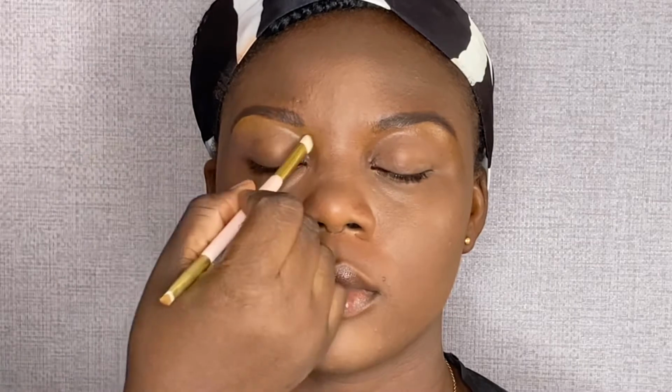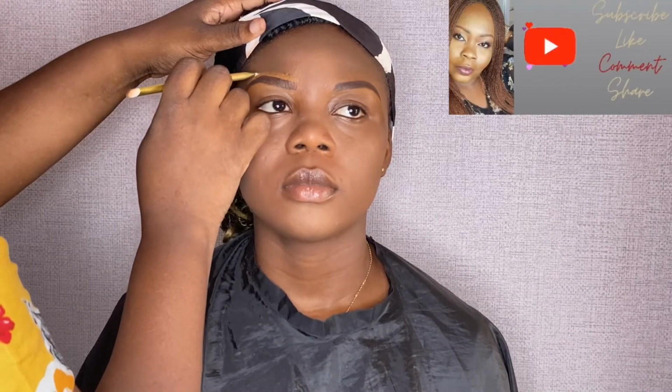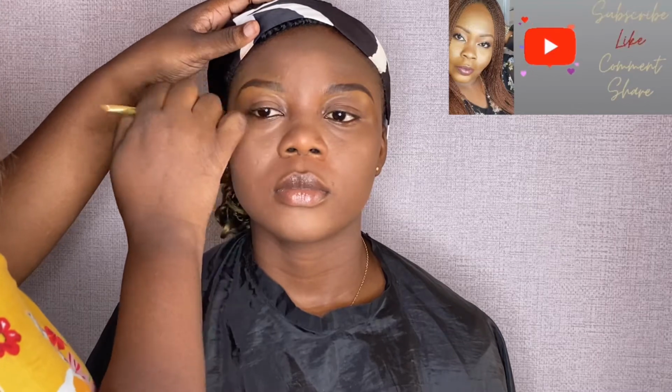I just need to clear my head. I just need to clear my head. I just need to clear my head. I just need to clear my head. So I'm going in with my LA Girl and Revolution concealer combo to reapply on the